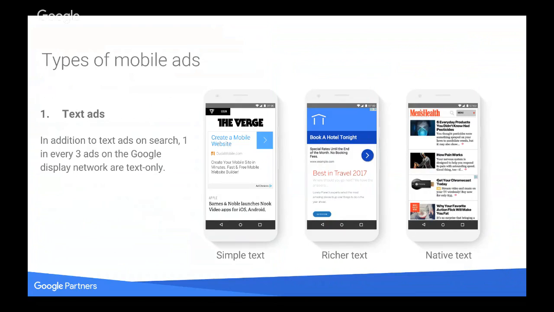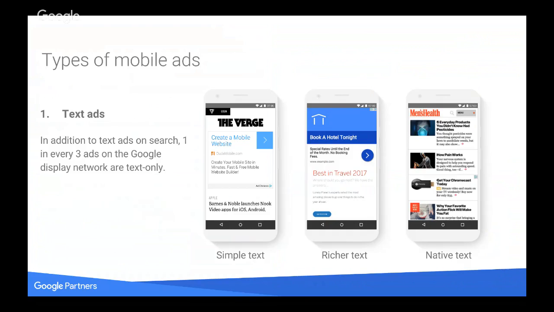So the types of mobile ads that are available to you, like I mentioned, the first one was text ads. Now, text ads can come in a search campaign in the form of expanded text ads, as well as in a display campaign, in which it can take any one of these three formats that you see on the screen right now. They could be simple text ads, rich media ads, which use images to boost your ad's performance. Now, where do these images come from? These could be logos that come from your Google Plus page or other images from third-party sources that help increase